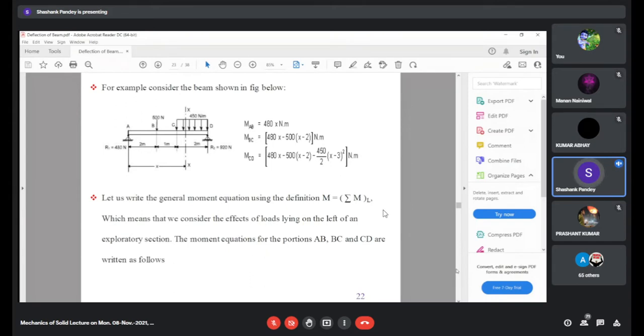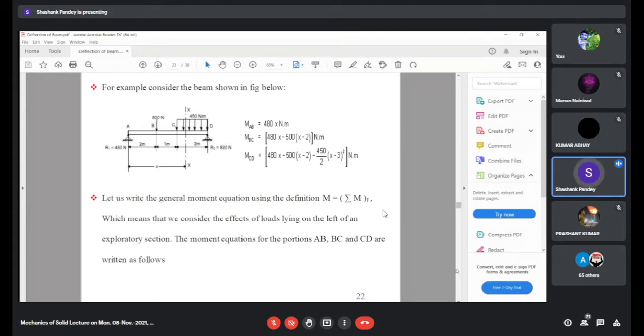So we can integrate this moment twice and get the value of deflection. By integrating this moment twice, we will have two constants, C1 and C2. So we will be using boundary conditions to determine these two constants. If you look at this beam, at x equal to a you have a value of deflection as 0, and at x equal to d you also have a value of deflection equal to 0. So based on this, we will derive our expression.